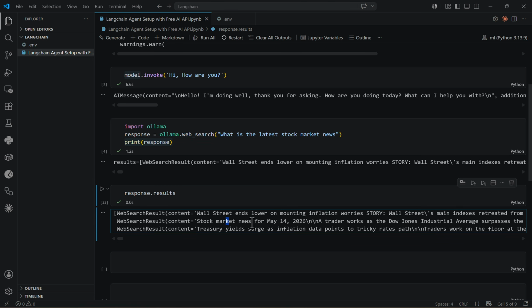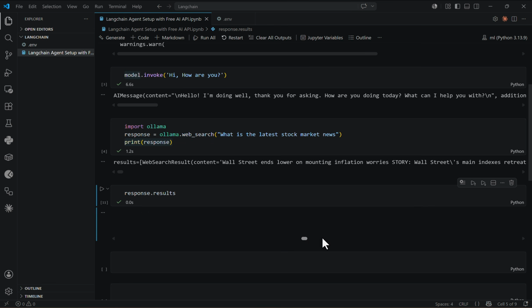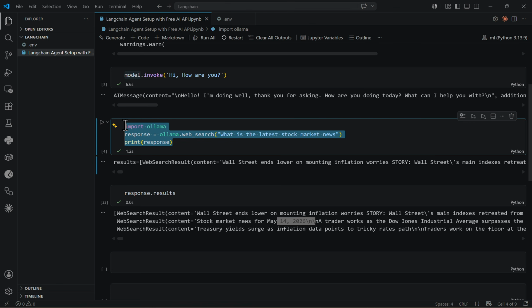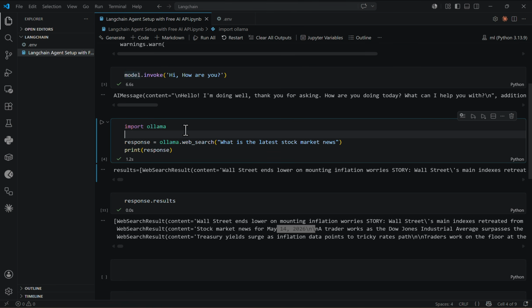So this is one result. Here is another one, and here is another one. You can see the latest date as well. As you scroll here, you can see all the detailed news as well. Later on, we will be passing this to our LLM so that it can work like an agent. Before we make sure it works like an agent, we need to also attach this to our LLM